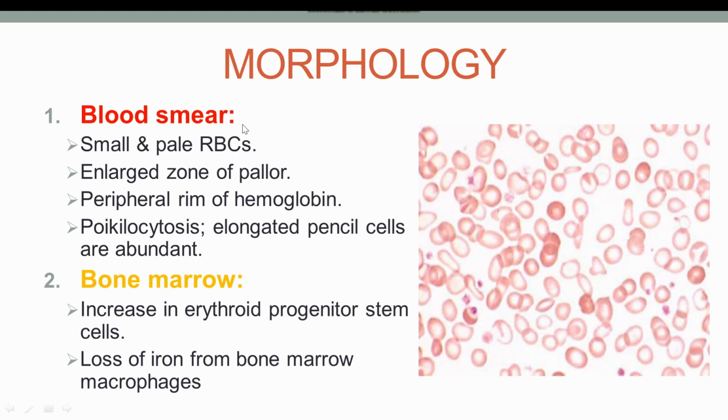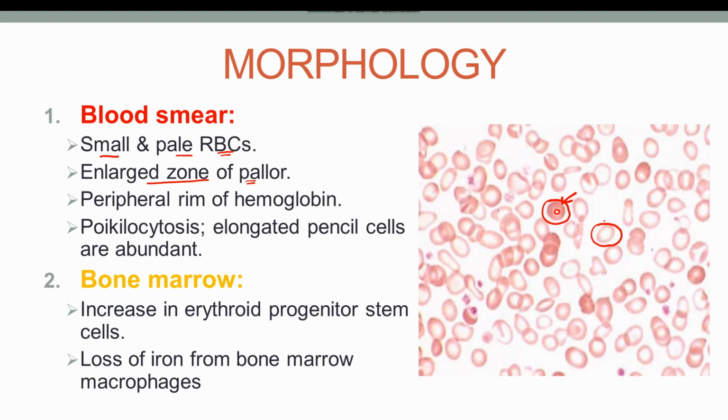So coming on towards the morphology, the peripheral blood smear reveals small and pale red blood cells with an enlarged zone of pallor. So as you can see in this picture, this here is a normal red blood cell which is acquired from the transfused blood, and this here is a patient's own red blood cell. You can see the difference between these two. This normal red blood cell is reddish in color and it has a small zone of pallor in the center,